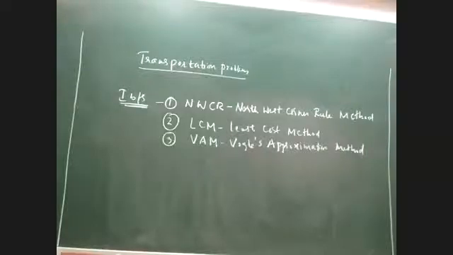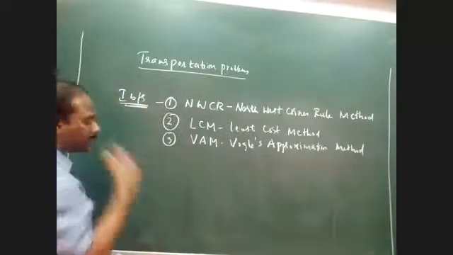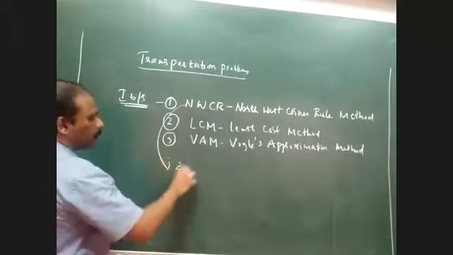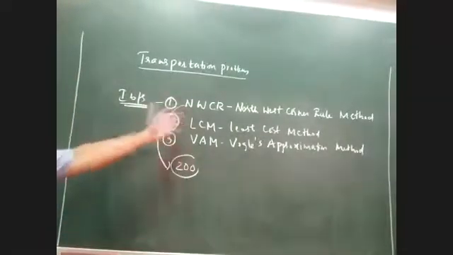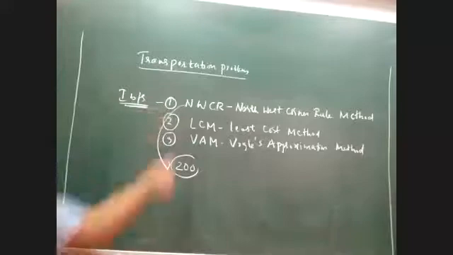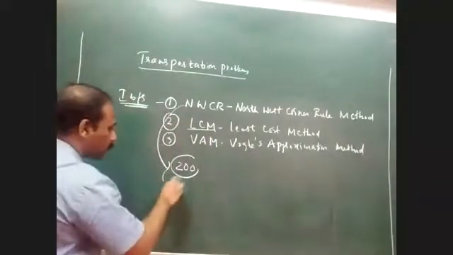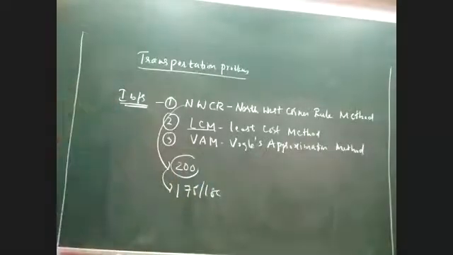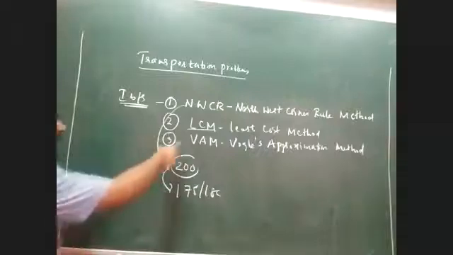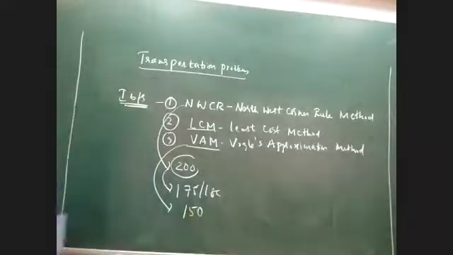Say for example, if I am solving the problem by the Northwest Corner Rule method, let us assume that the solution of the problem is 200 rupees of cost. I'm just giving a hypothetical figure to explain how each method is different. The same question, if I'm solving by the least cost method, possibly my solution would come down to 175 or 180 rupees. Again, the same question if I solve by the third method, Vogel's approximation method, the solution would be 150 rupees. Now, what do you understand from this logic?